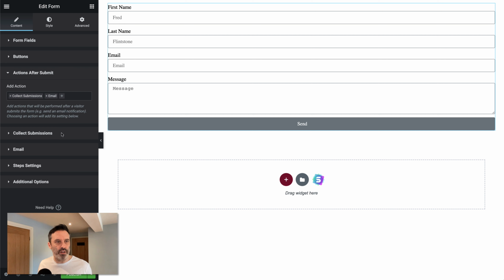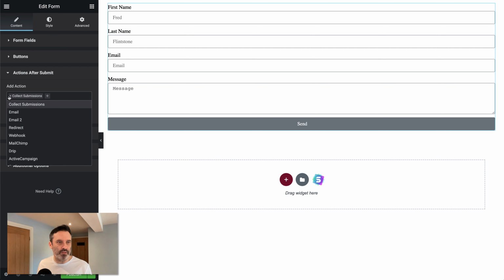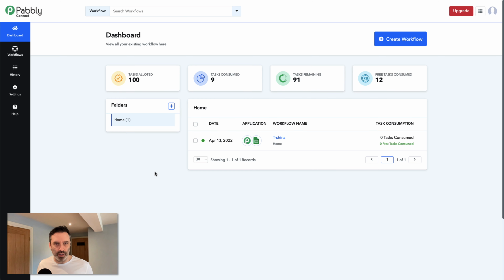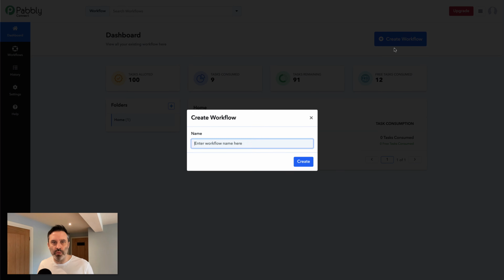Actions after submit. So this is what happens when somebody's going to click submit. Default, there's some Elementor stuff in here where it's collecting submissions, emailing something. We're going to remove those. What we want to do is call a webhook. So we're going to choose the webhook option right here. Now that webhook is going to be given to us from Pabbly Connect. So we're going to go to Pabbly, create a new workflow. I'm going to call this WordPress submissions,